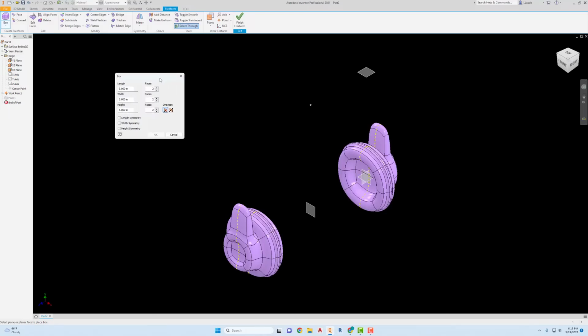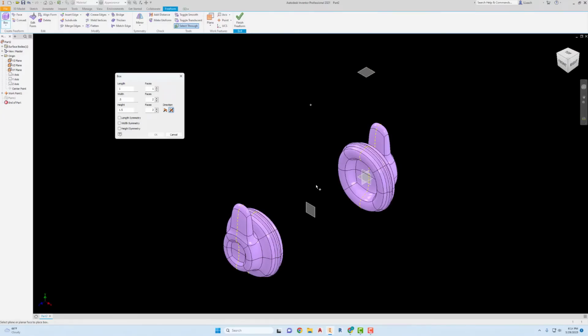And so the numbers on this box, I want to make the length 1. It's going to have 1 face. The width is going to be 0.5. That's going to be 2 faces. The height is going to be 1.5, and that's going to be 2 faces. The direction I want to be both directions. And I think I want, let me put the